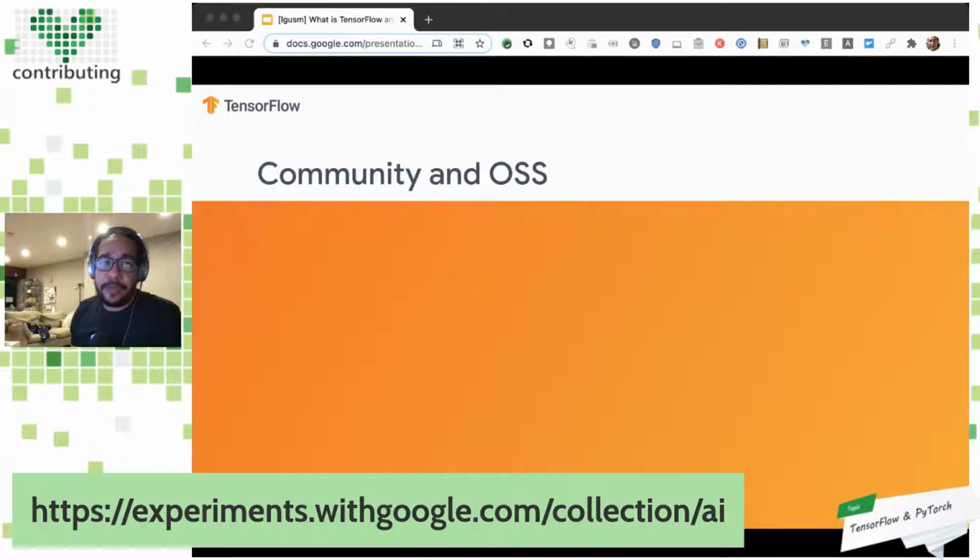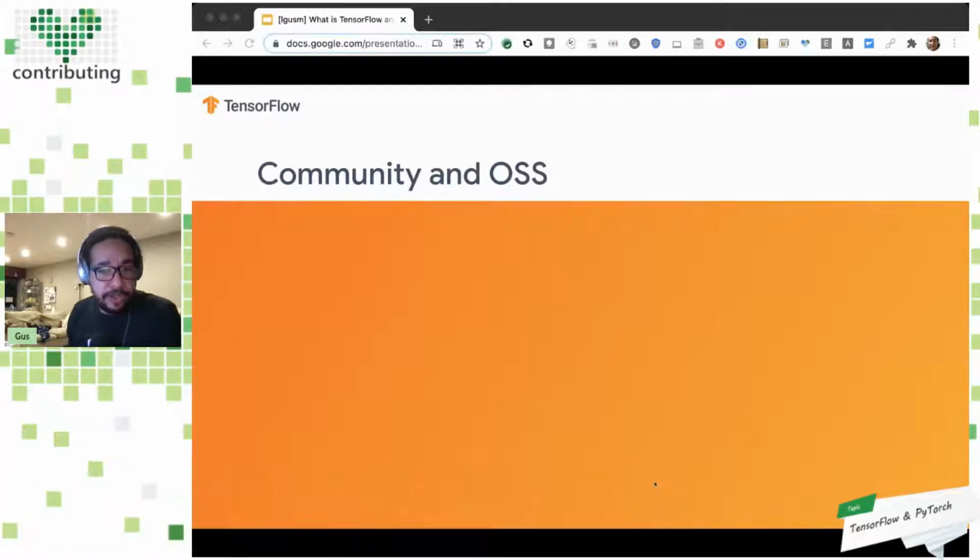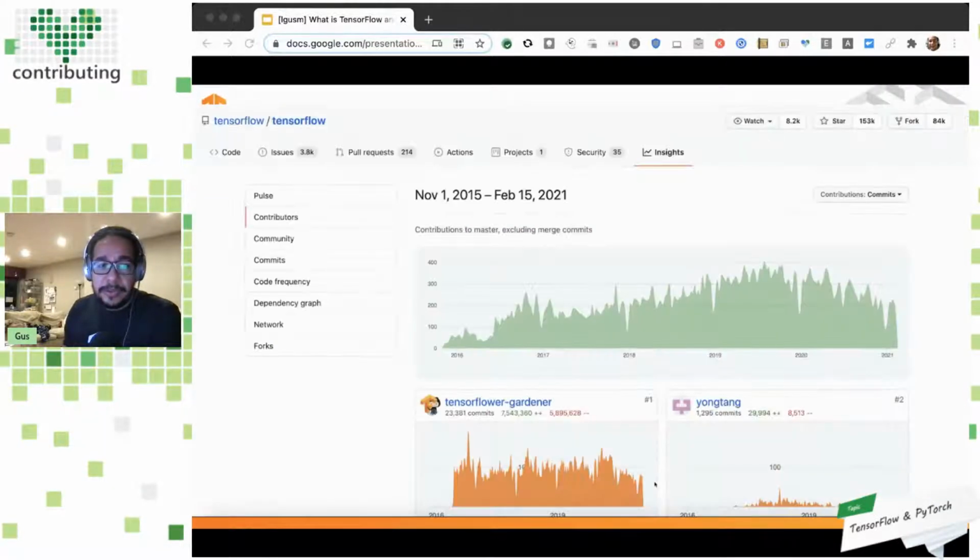And then we got to the point where, okay, this looks interesting. How can I contribute or be part of the community? So in terms of contribution, as you can see in the graph there, even in 2020 where things were crazy, there is a lot of contribution from third parties. People are always helping improve the framework, and that's amazing.